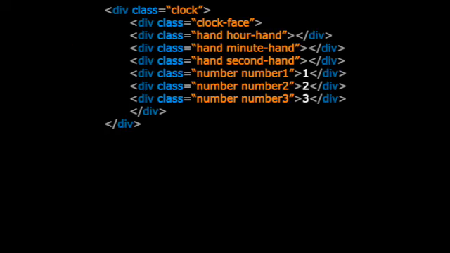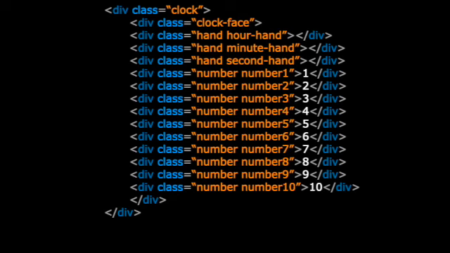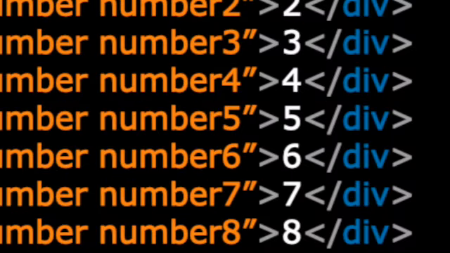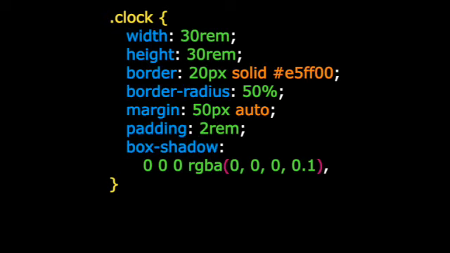Now, add in 12 number divs, 1 through 12, and add the classes of number in all, and the number with the number of each number. What? You'll see. Go into the CSS and add some styling for the clock with a little bit of box